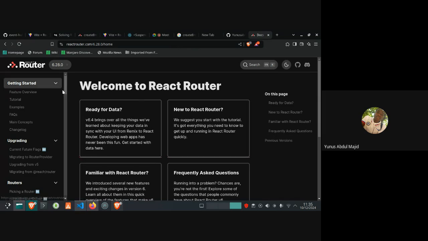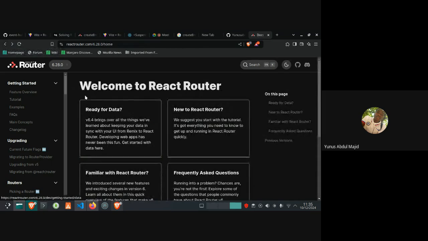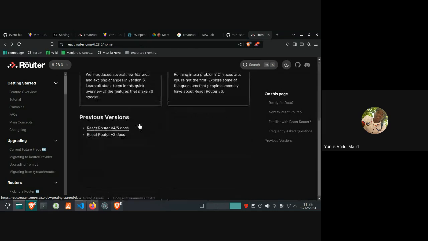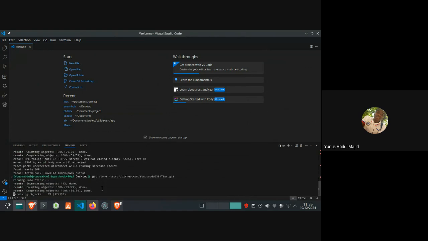This is the version we use today, and this is also not working. It's supposed to show us the guideline on how to use it, but it's currently not working. Let's hope this clone works. Let's try for the last time, and if it doesn't work, I will just use the repository on my laptop to continue.